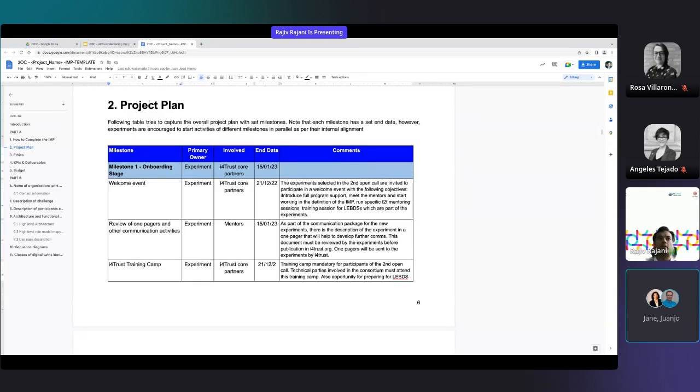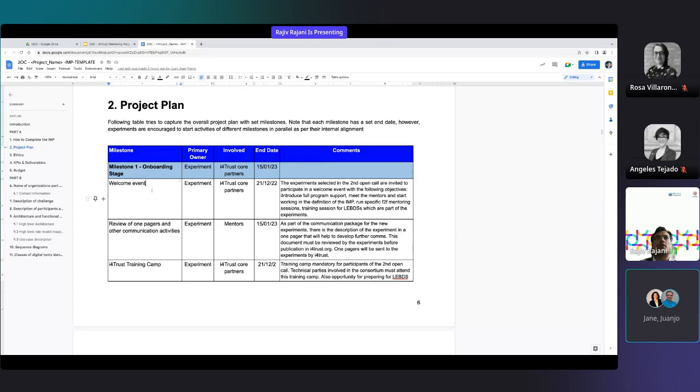But in essence, this is the overall planning for the whole 9 months that we spend together as a mentoring program, and this is your guide for the overall planning too. As I said, we have divided this mentoring program into multiple milestones.